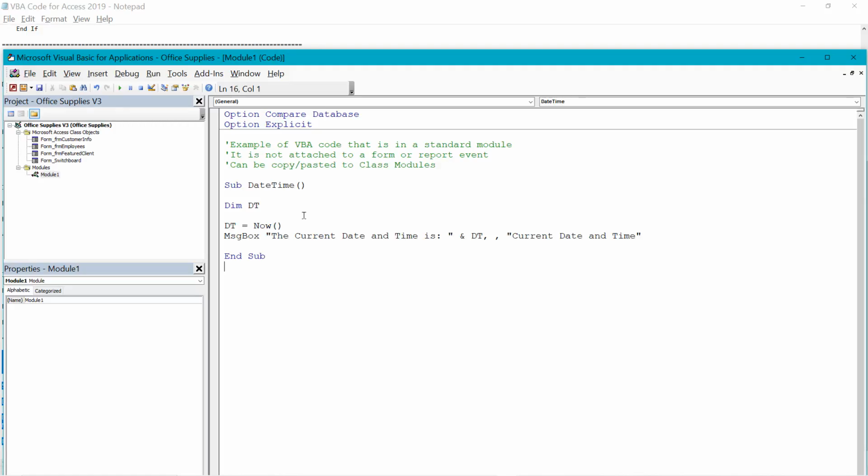So this sub procedure, we've named it date time, and we have the open and close parentheses behind it. We're declaring a variable, again, a temporary holding facility in your computer's memory, and just calling it DT. Remember, variables can be called whatever. And then we're going to tell it that that variable equals now, which is Access's way of giving the current